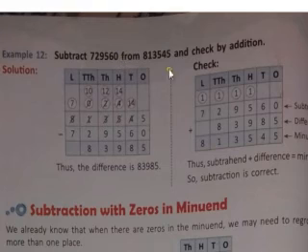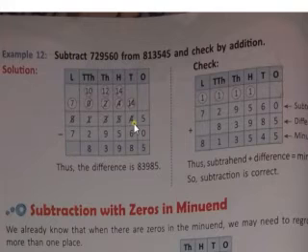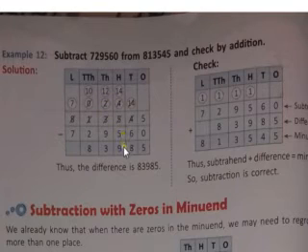Here it has been written 8,13,545 at the top, because this is bigger, and then after that 7,29,560 has been written. Now if you see, 0 is smaller, so 5 minus 0 is 5. Now 4 is a smaller number in the minuend, so we will take carry from here. It will become 14, and 14 minus 6 is 8. Now when 1 is taken as carry, there remains 4, and 4 is also smaller than 5. Then again taking carry, it became 14, and here remains 2. So 14 minus 5 is 9.